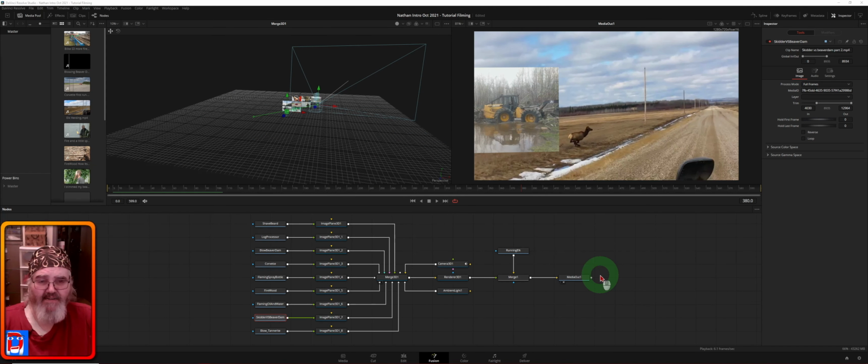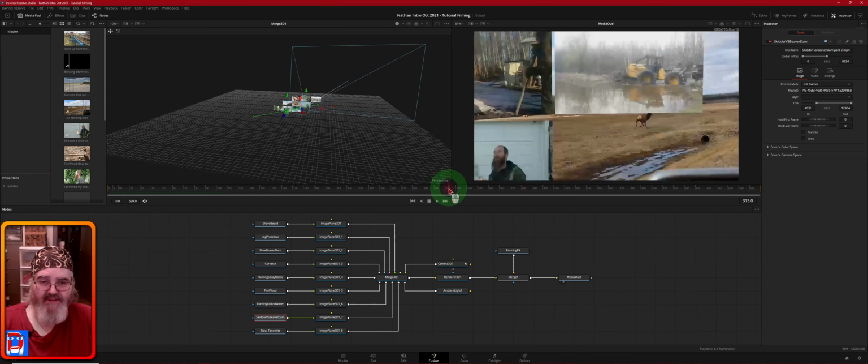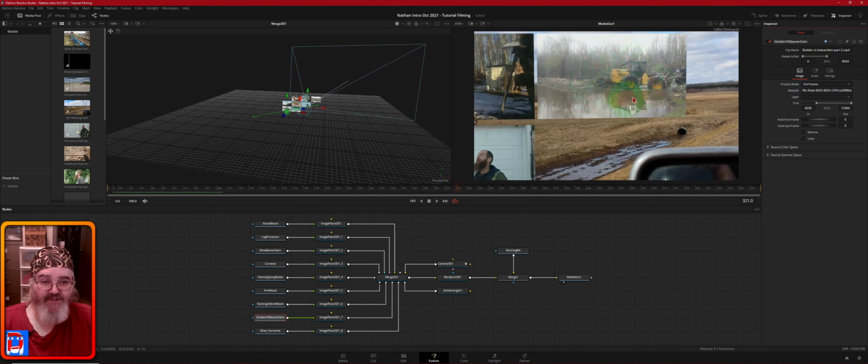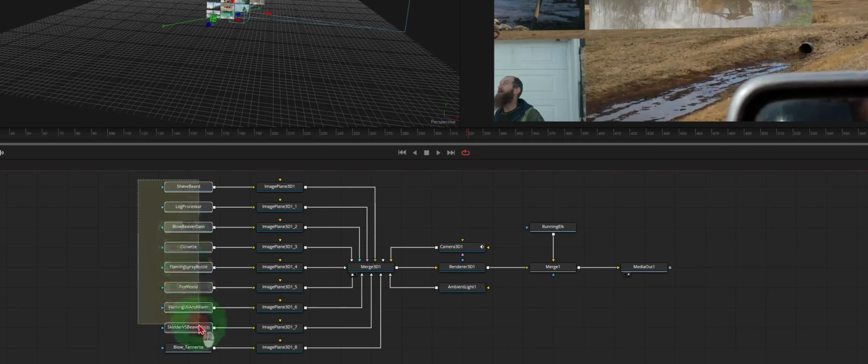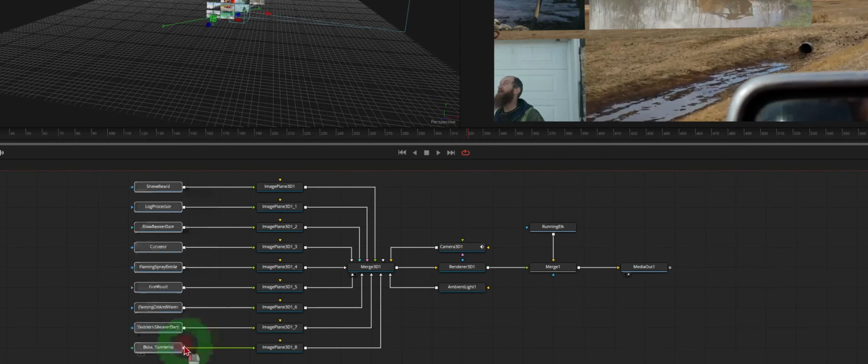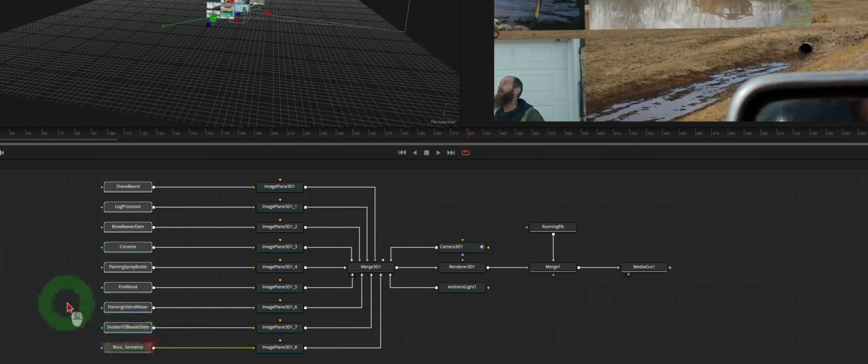All right, so I've got everything adjusted so it's showing up in the right places. So now we're going to do a couple other little things. So I'm going to back it up just a little bit so that this skidder footage right here is front and center. And we're just going to take this stuff and move it over a bit so I got room to put a